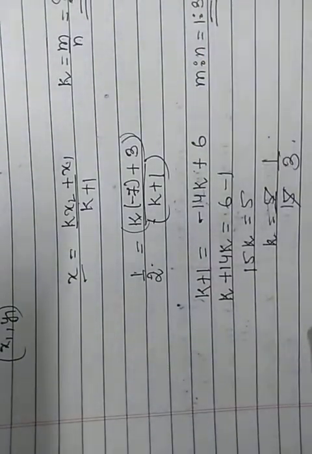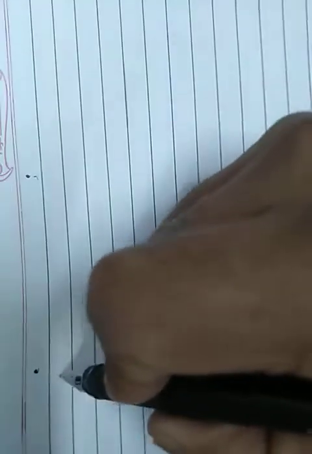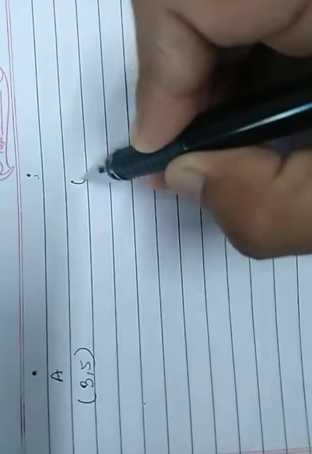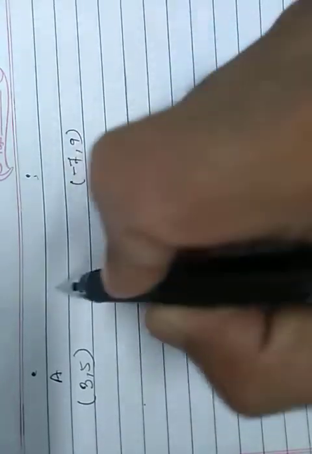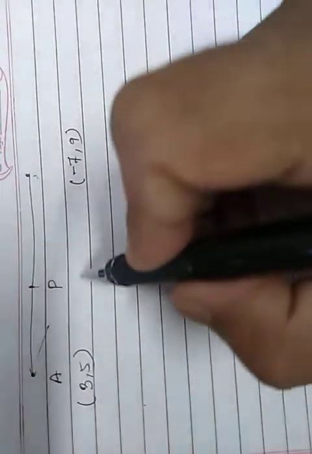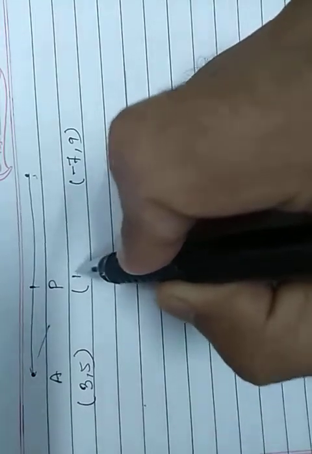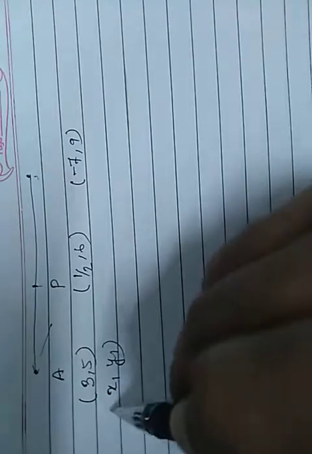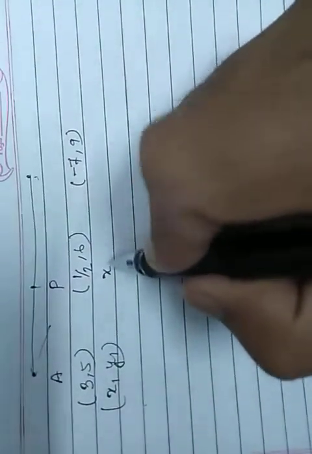I will verify the same using the y coordinate also. For the y coordinate, I will redraw everything. A is equal to (3, 5), B is equal to (-7, 9), and this is the line, and let this be P. Coordinate of P is (1 by 2, 6). This is x1 y1, this is x y,